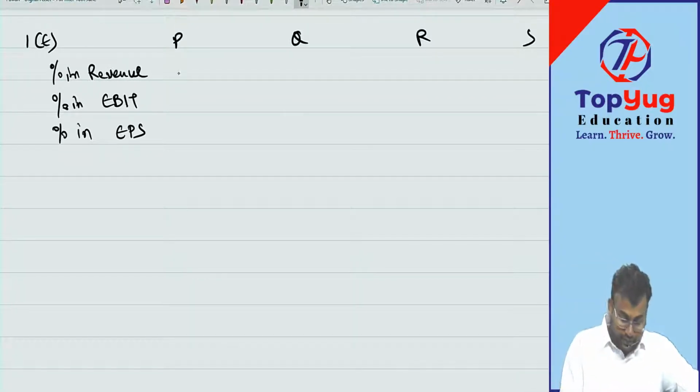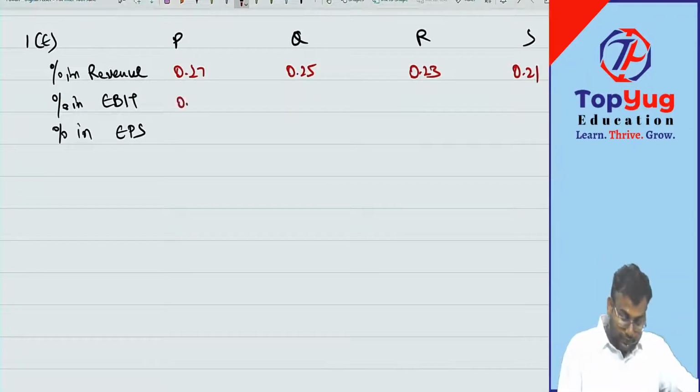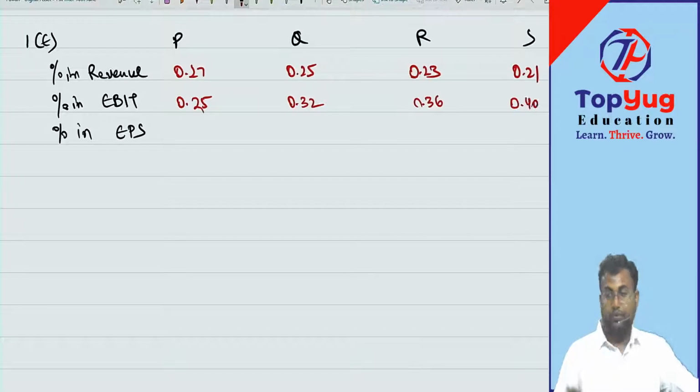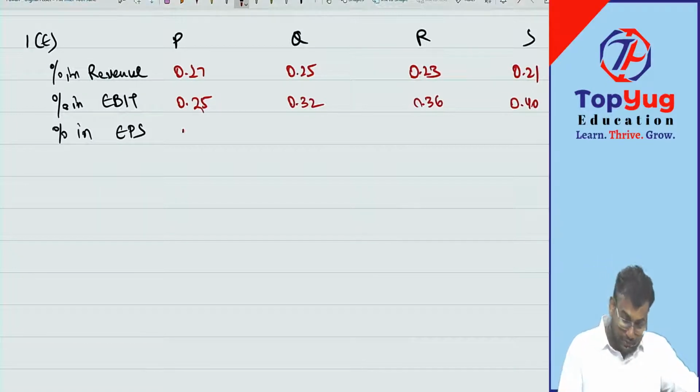So write down 0.27, 0.25, oh sorry, 0.23. What is EBIT now? 0.32, 0.40, 0.3,